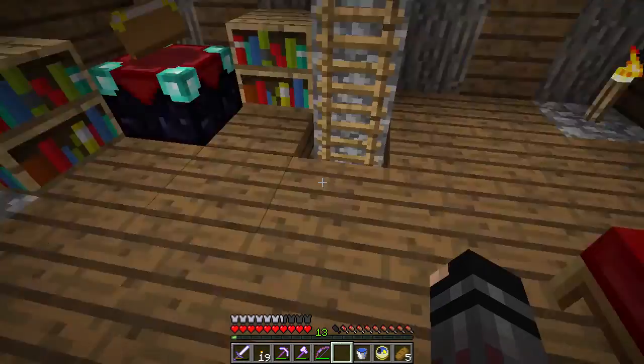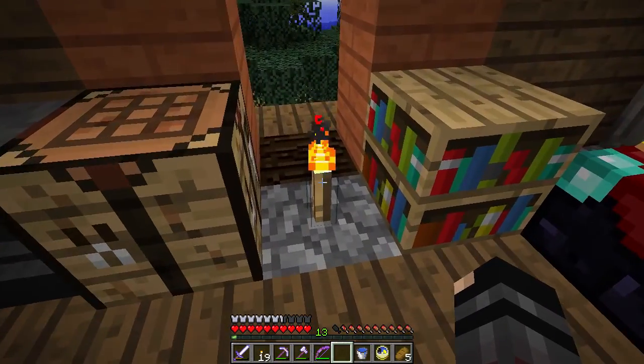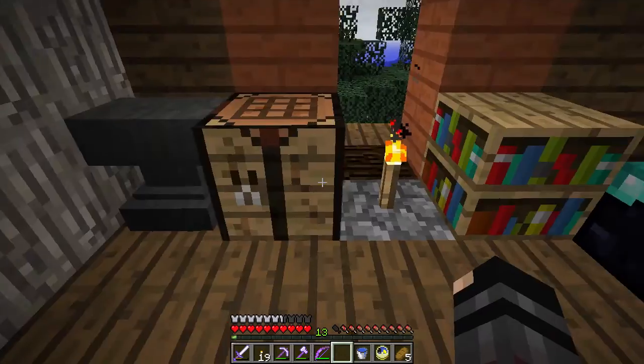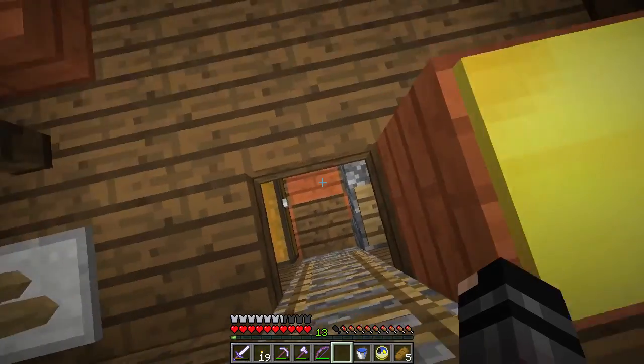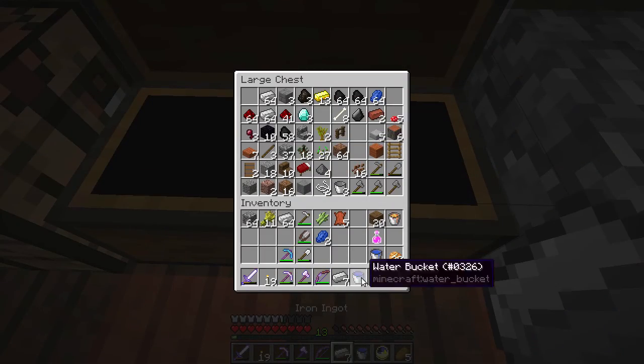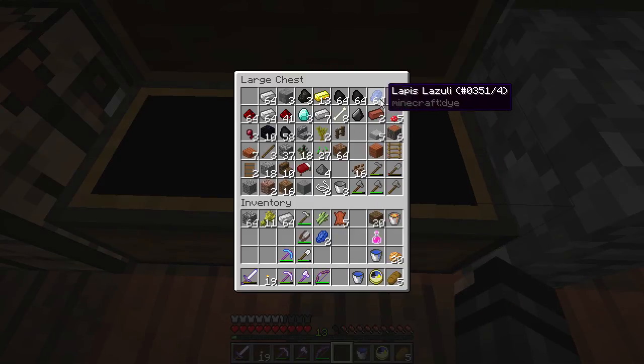Not the most obvious thing you'd have in your bedroom, but it's a work in progress. As our base gets bigger, we can do more things. So now we can combine things, and I could have come up with some more iron. So let's show you how this works. Let's grab a stack of iron. That's a good starting point, and we'll grab a load more